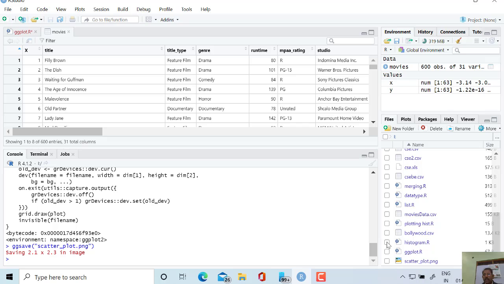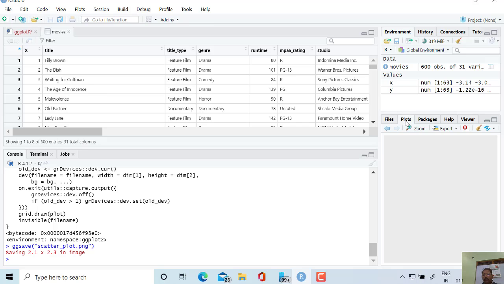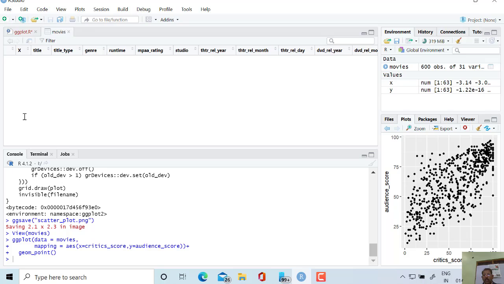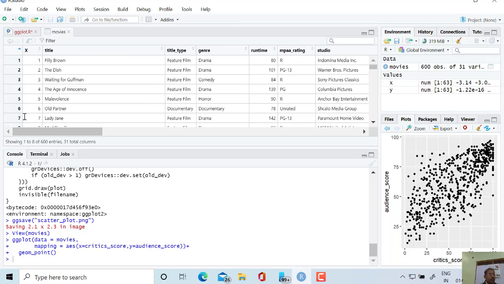Now my next thing is how to make my plot more interactive. So I am executing my plot once again so that the changes will appear. So what should we do here? To make the changes, we will use the aesthetic mapping, because interaction means aesthetic mapping.